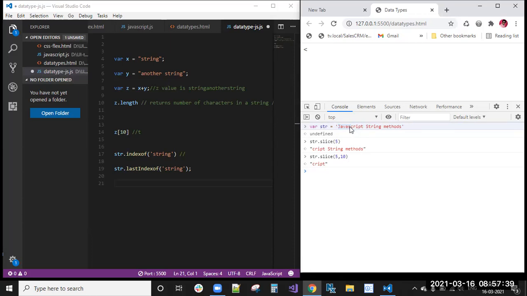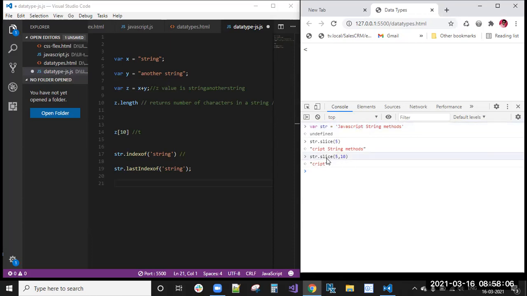That is 5 letters, given 5 to 10. CRIPT, 0, 1, 2, 3, 4. C is the fifth letter, right? From the fifth position it is CRIPT. So these are the 5 to 10.